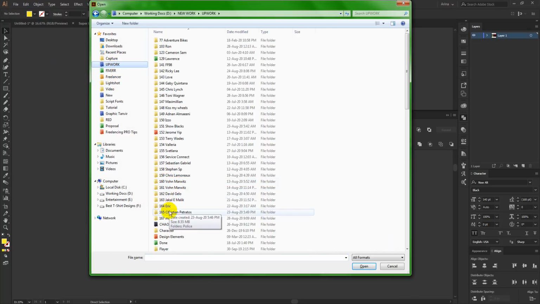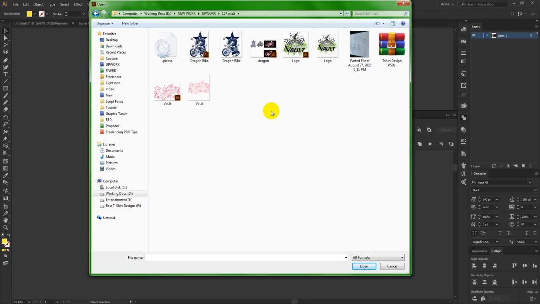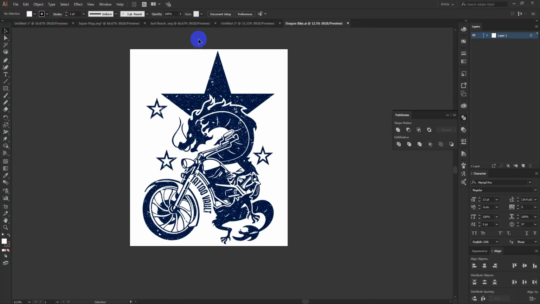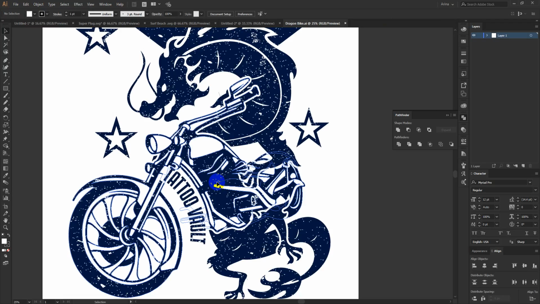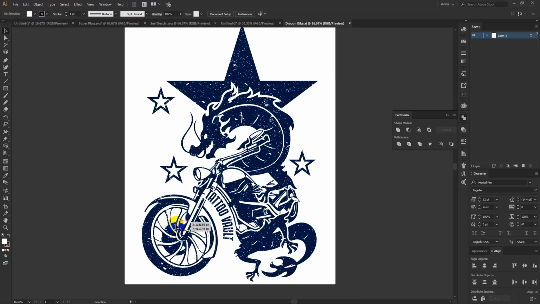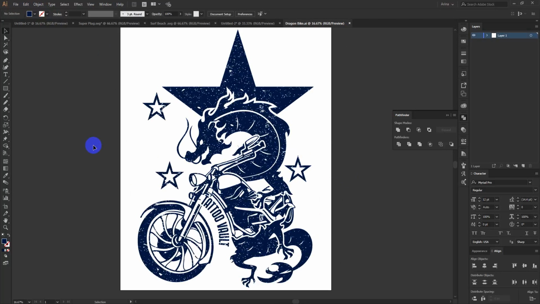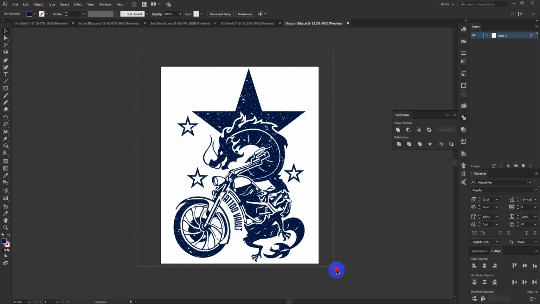Yesterday I got a job on Upwork, and these are the kind of designs I had to make for my client. Like this one here, he wanted to use a dragon, and the dragon is wrapping a bike, something like that. So that's why I made this one for him. Here I used a premium vector, because if I try to create this kind of design, it will take a lot of my time, and I told him that I am not going to do that if you are not hiring me hourly. So he said that if there is no copyright, then you can use them. So I made this design for him, but this is the rarest kind of design you will ever get as